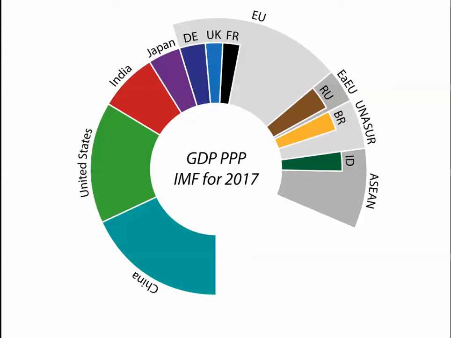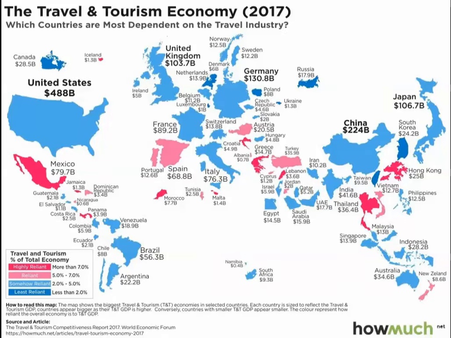And then if we kind of break it into regions, we see that the European Union, if we took all of the European Union, it would actually be slightly larger in terms of its economic productivity than either China or the United States. But any individual country within it is not as significant in terms of their production. But it is worth noting that that block matters. So again, we can think about economic geographies in terms of how countries relate to each other in terms of their production, how countries relate to themselves in terms of their trade blocks, and how they relate to each other in terms of their personal wealth or poverty. Now, we can also kind of take one little piece of that economics.